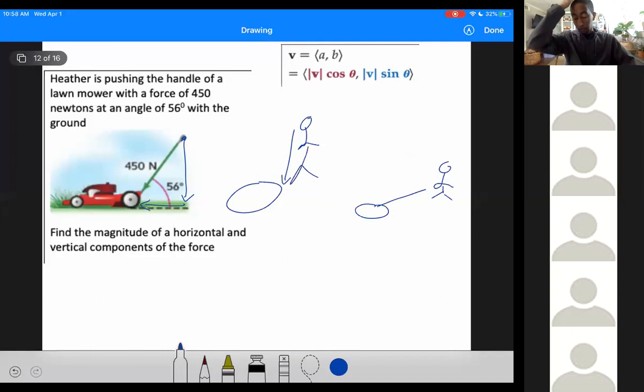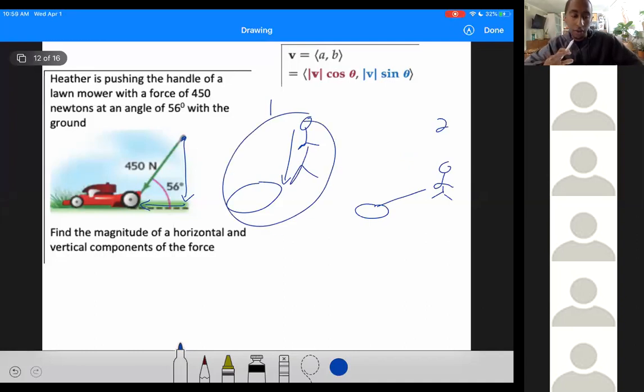So let's say we have it like that. This is 1 and this is 2. Okay. In this case, as you're pushing the lawnmower, because of the angle, the person pushing it is pushing down more than they're pushing forward, right? If you think about yourself trying to push something, this person would be pushing downward more than forward because of the way that it is, right? The more slanted it is down, this person is pushing more horizontally than they are pushing vertically, if that makes sense. So if you're looking at this,